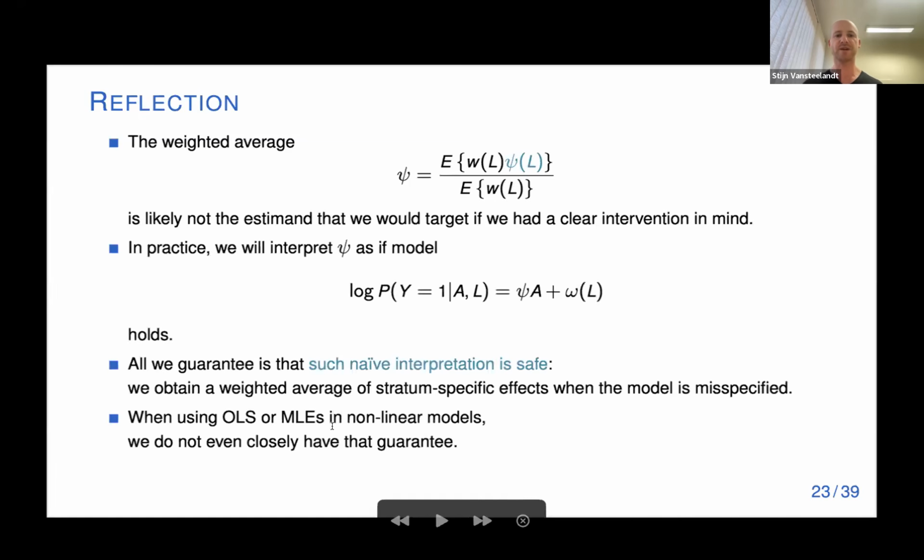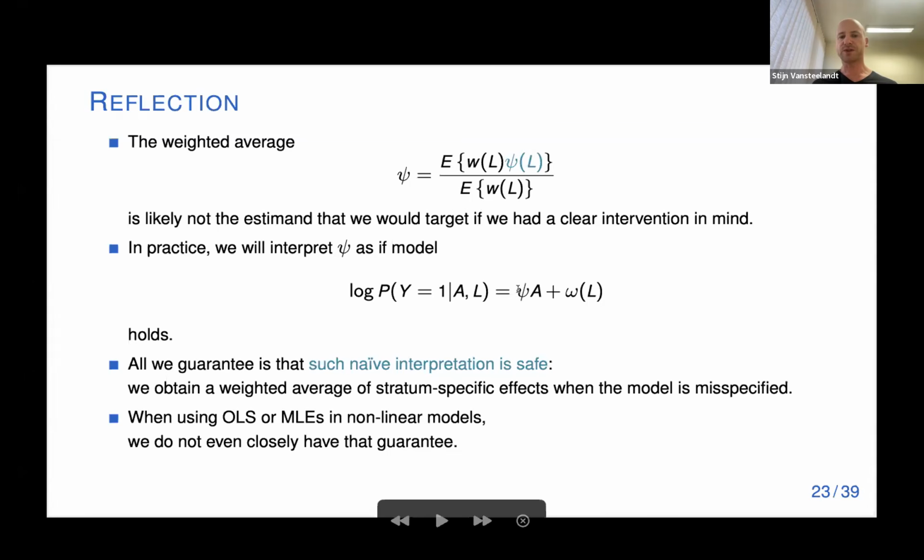And in fact, in practice, when communicating results to a clinician, I would even interpret psi as if this model here were to hold, as like a log relative risk, if you like. My aim is just to make sure that if the model does not hold, that I have a good understanding of what we're still getting, which is then a weighted average of log relative risks, if you like. I think this has been a bit of a confusion in the discussions on the GRSSB paper, that we might view this as an estimand that is sort of more attractive than the typical causal effect estimands. This is not how I think we view this. It's more like